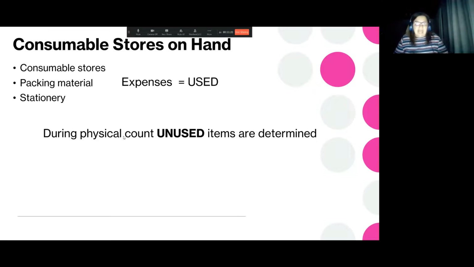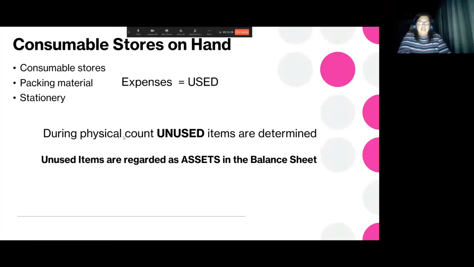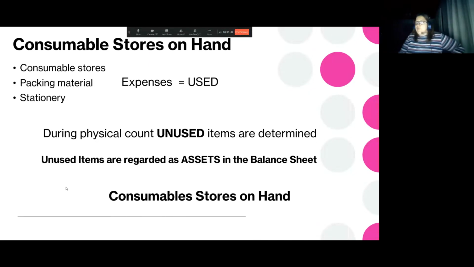Because you can see the items, you can touch them. This now becomes an asset in my financial statements. So unused items are regarded as assets in the balance sheet. Therefore, we would create an account called consumable stores on hand. When I record consumable stores on hand,